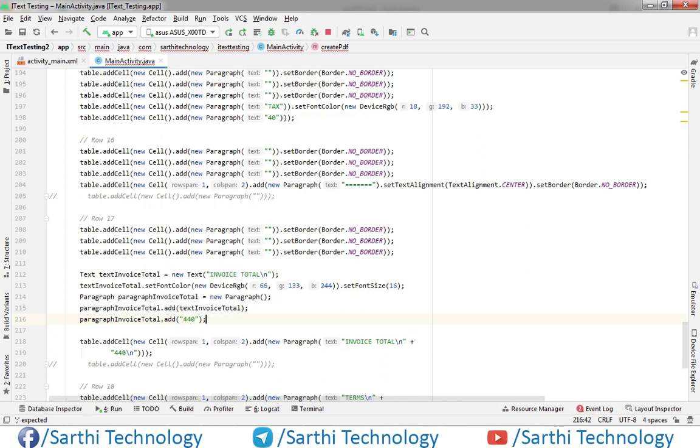Okay, now add this paragraph here instead of this new paragraph.